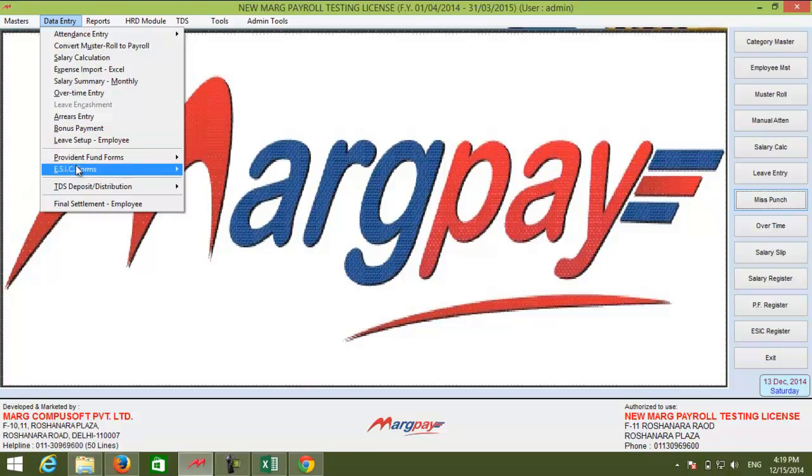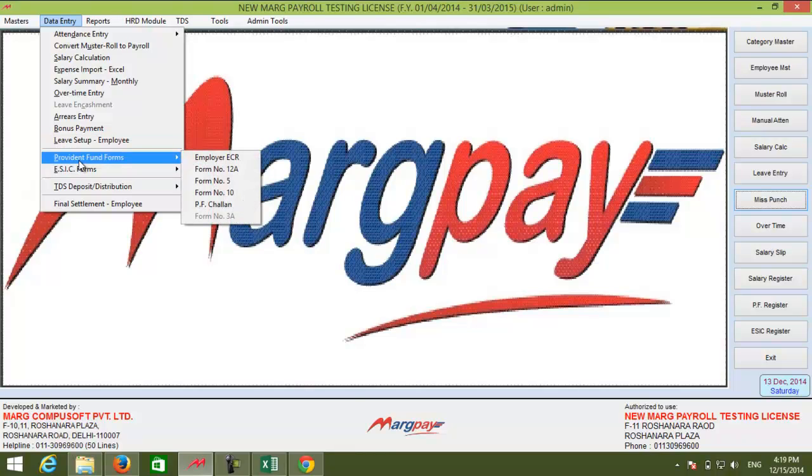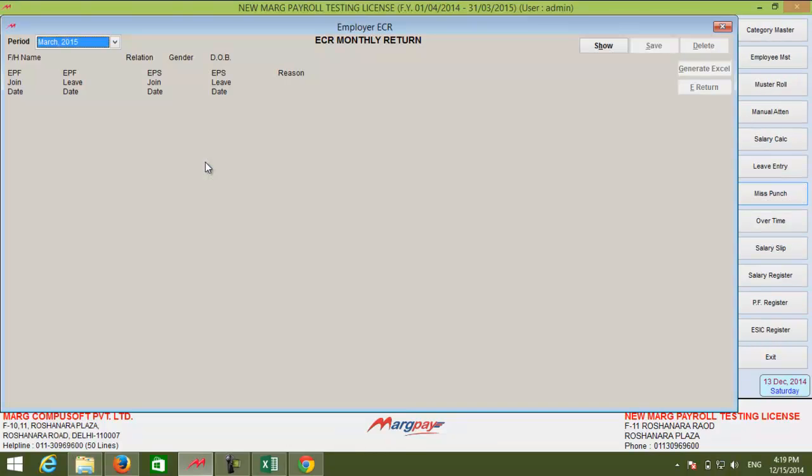Moving on further are the Provident Fund forms. If you provide PF to the employee, you can update that also in these forms. As you can see, here are forms like Employee ECR, form number 12A, form number 5, form number 10, and PF Challan. In ECR, the details of PF that is being deducted will appear in front of you,